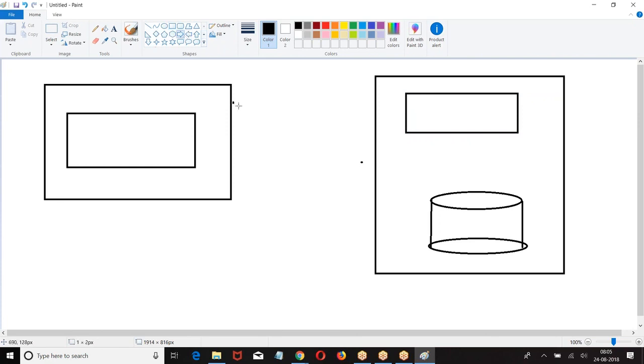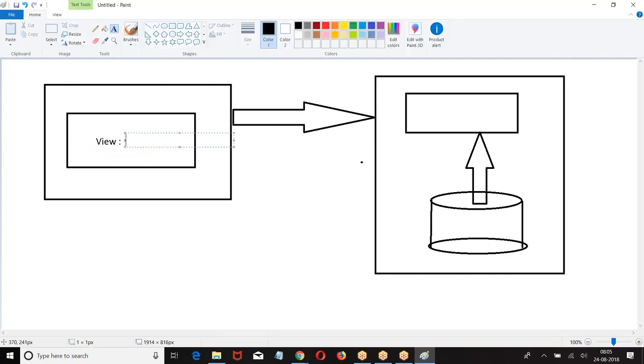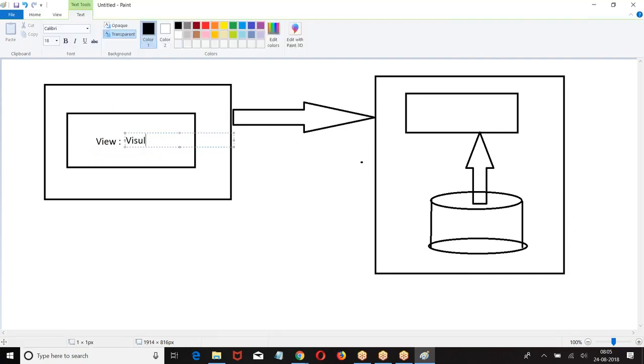So look at this. This is a view. How the view is created? How this is created?